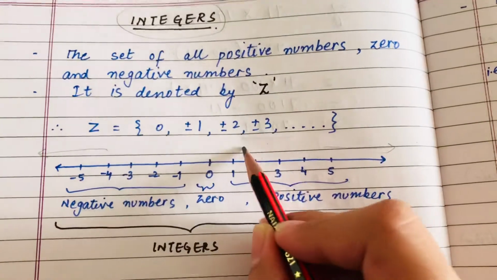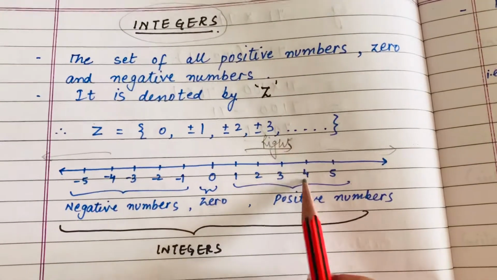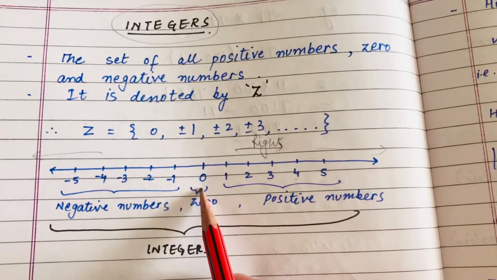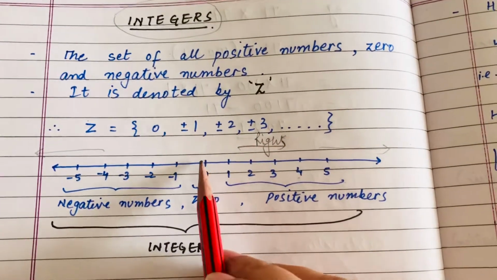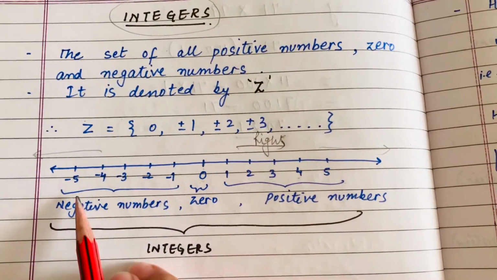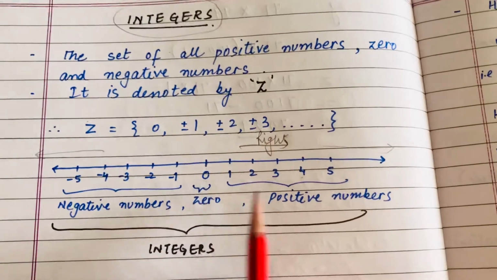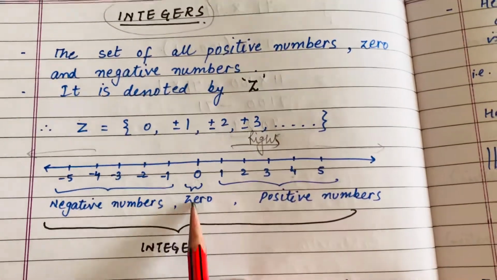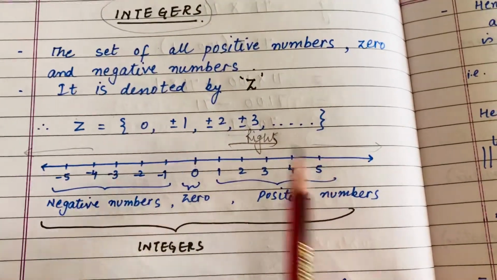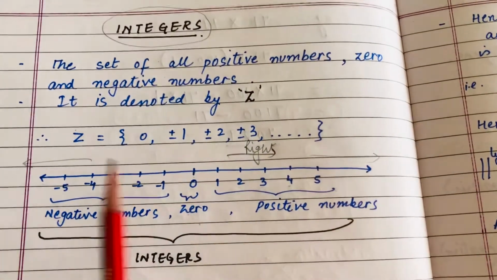Because whenever we go towards the right, we get a greater number. Let's see, 3 is greater than 2, 4 is greater than 1. Similarly, any other number will be greater than the number which is on the left of that number, right? So the numbers which are written on the left of 0, 0 will always be greater than those numbers. Hence, those are called negative numbers because they are lesser than 0. And towards the right of 0 are called positive numbers. So 0 we consider as the base level of a number line. Clear? All these numbers together, negative numbers, 0 and positive numbers, all these comprise integers.